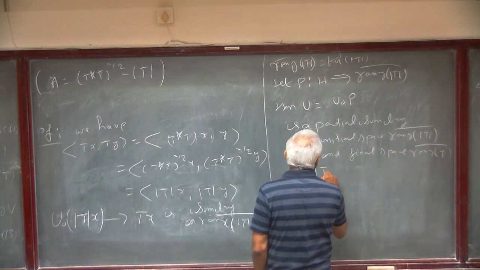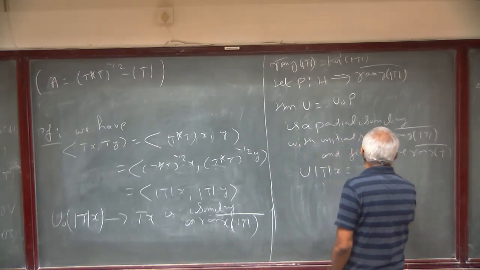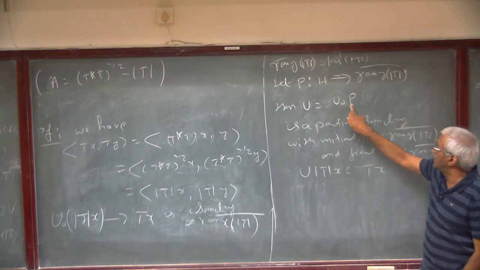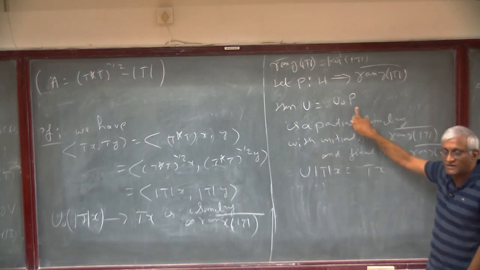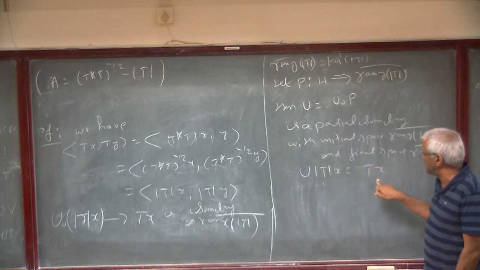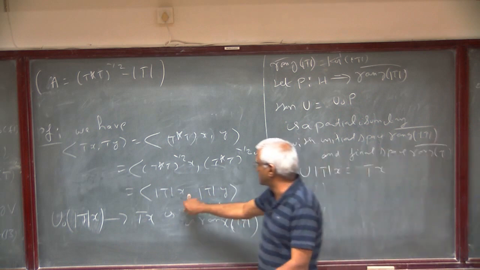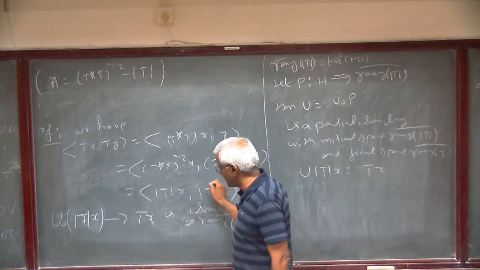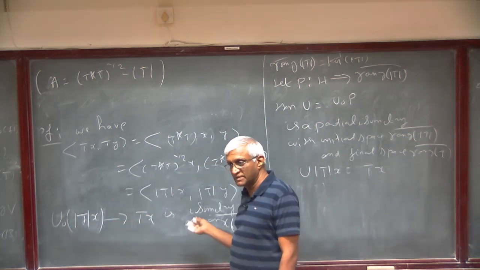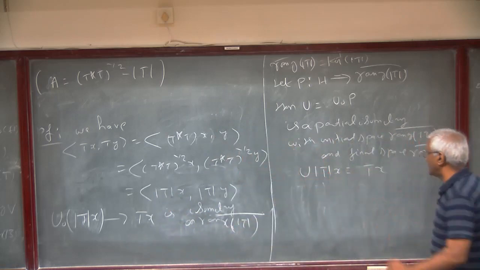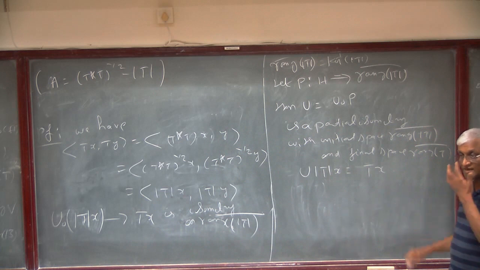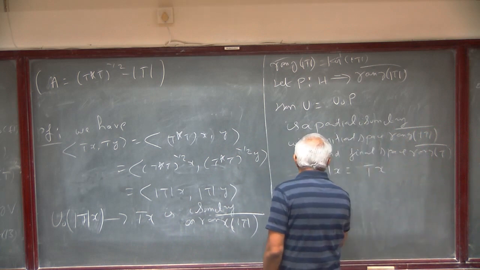Now U acting on mod T applied to x is just Tx by definition, right? U acting on any mod Tx, P of mod Tx is just mod Tx itself. And U0 acting on that is Tx, that's how it is defined. So, as I said, there is really nothing. You have an operator T, then you notice that this relation is satisfied, which is a very trivial relation. From that, it follows that from here to here it preserves, this is an isometry. Then you write it in such a way that U mod T is equal to this. It's a direct relation. And it is clear that